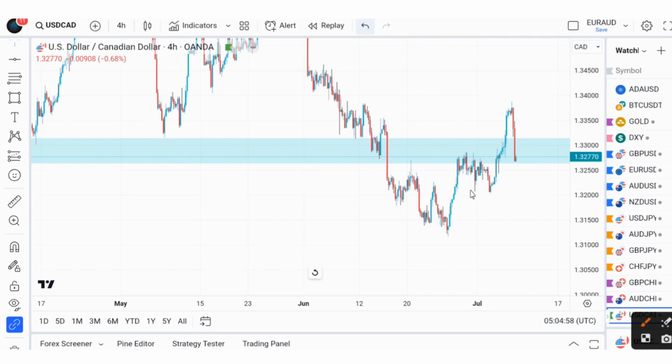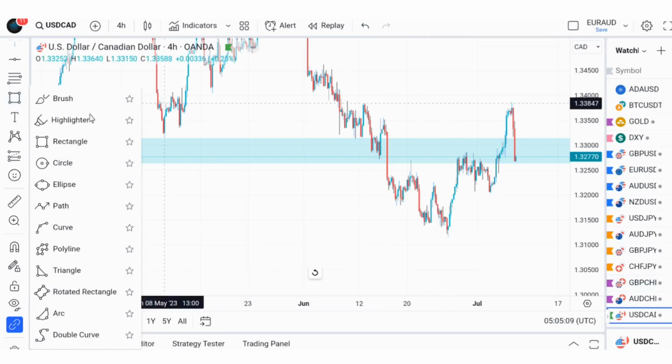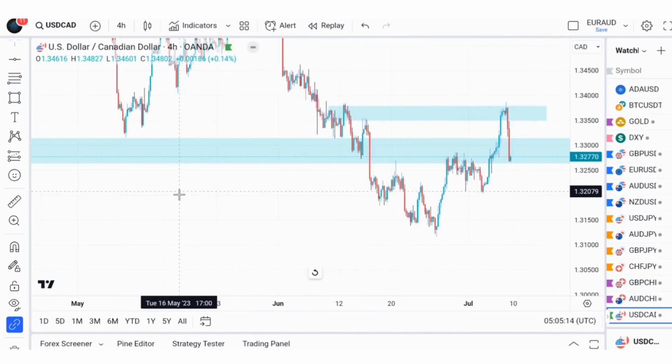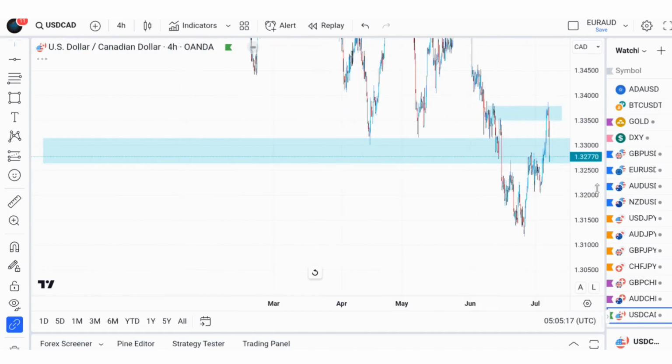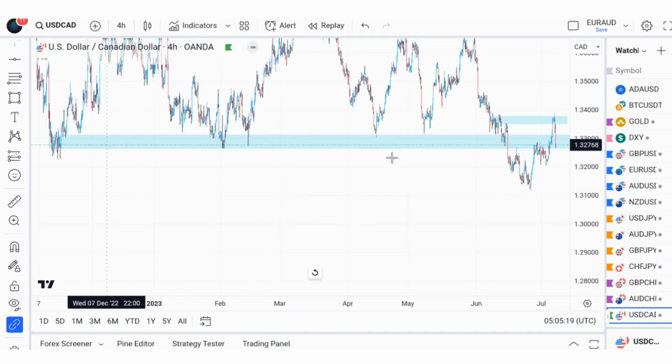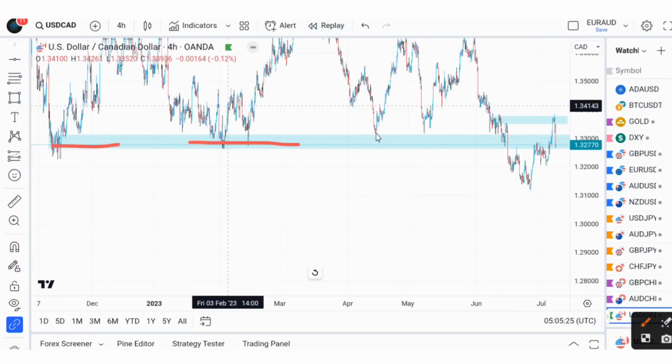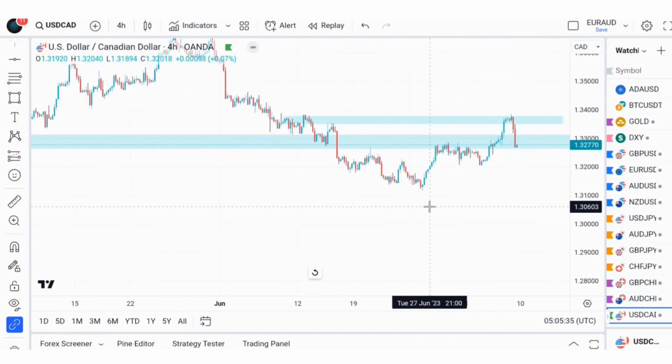So what we'll be looking at after this reversal at this supply level sitting down at this area is more move to the downside, and the reason being that if we check, this zone is a very strong resistance zone, which the market breaks and then rejects at this level. So what I'm looking at is more move to the downside at that level.